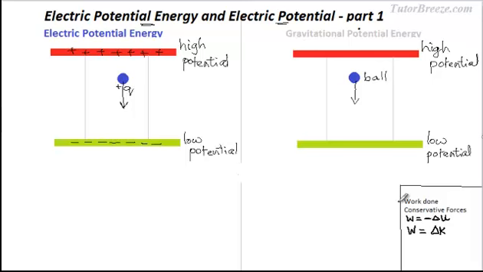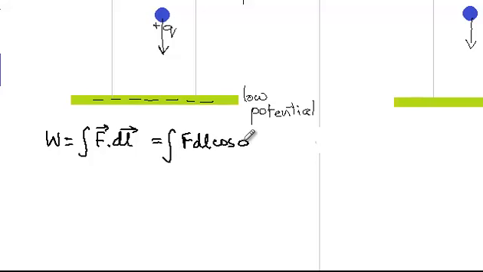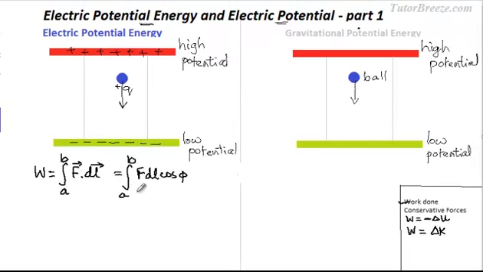Now the first point is work done. See, work done is given by integral F dot dl, where F is the force applied and dl is a small element of the path, and this is given by integral F dl cos phi, where phi is the angle between F and dl at each point along its path, and the work done in moving from A to B, so the limits would be from A to B. This is how work done is defined.